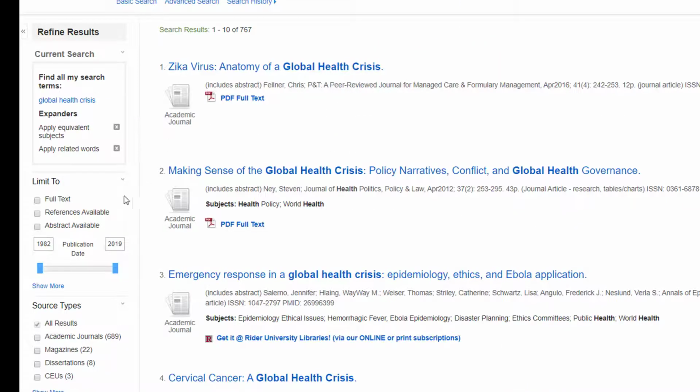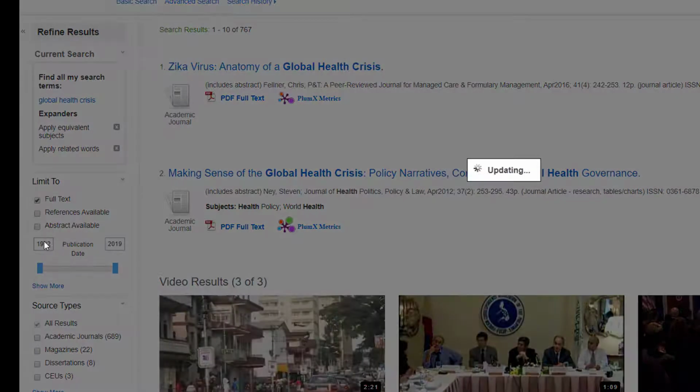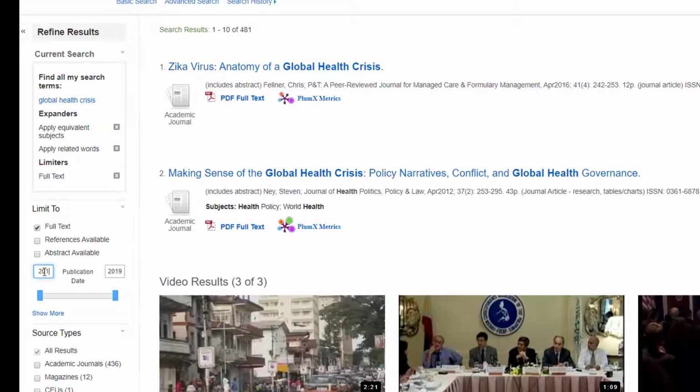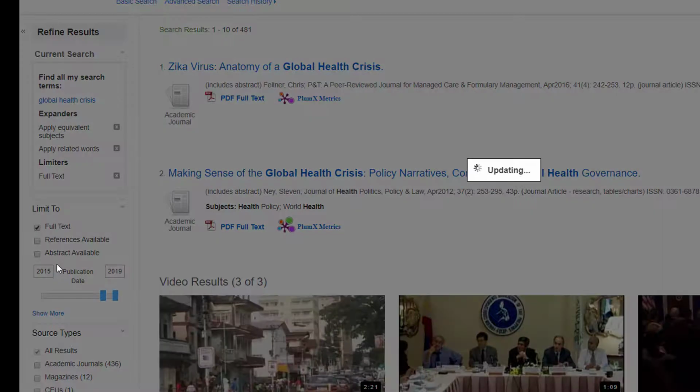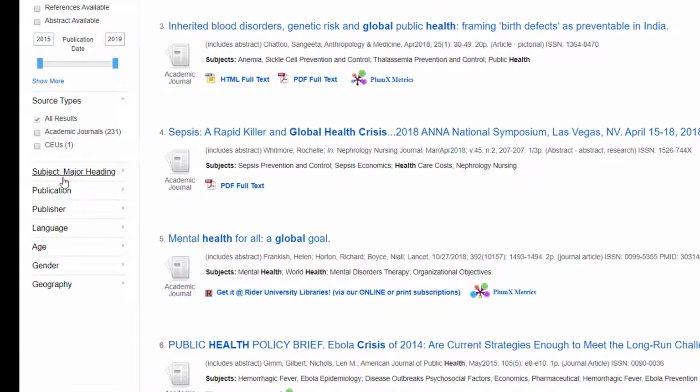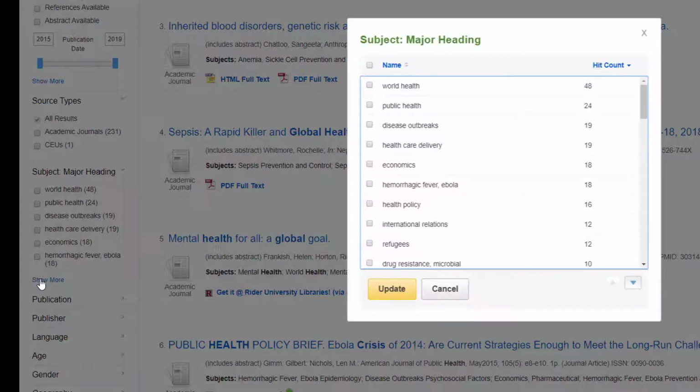You might even go ahead and limit right on the side to full text. You might change the date, 2015. And instead of doing all that crazy stuff I did to change the terms, you might go look at the subject headings listed here